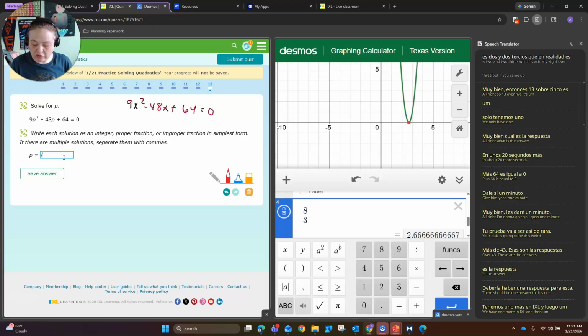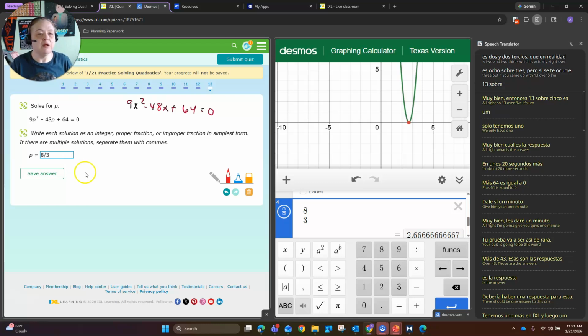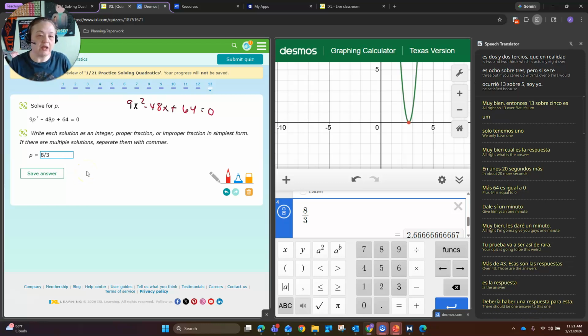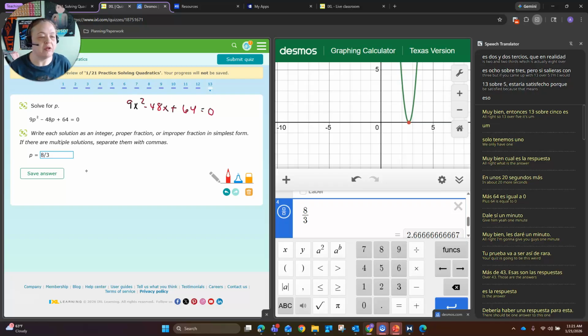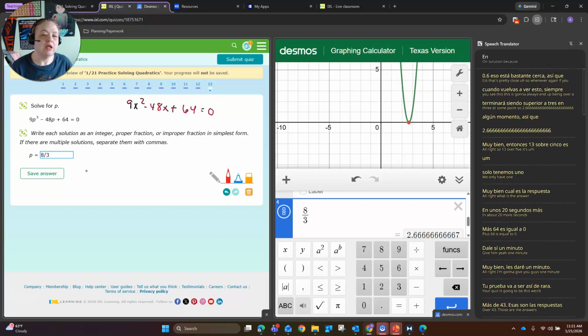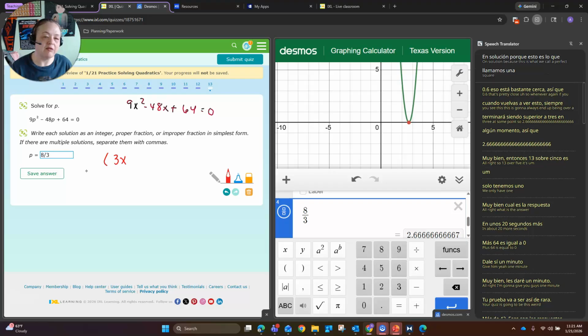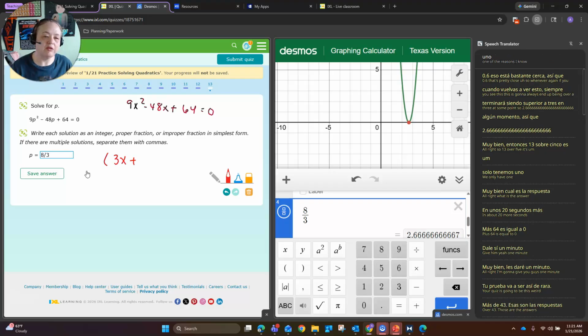Okay, and there's only one solution because this is what we call a perfect square. One of the reasons I know it's 8 over 3 is that since this is a perfect square, it factors to 3x plus, minus